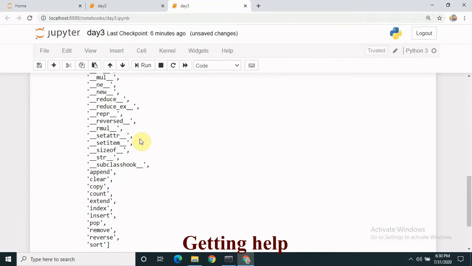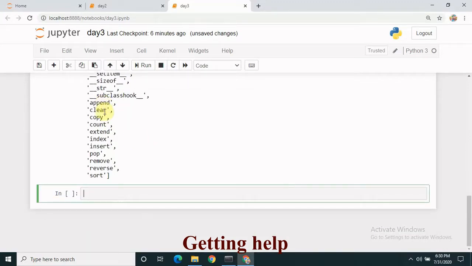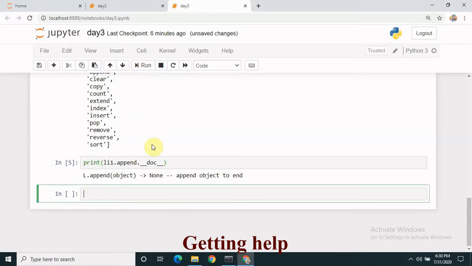Now the next question is how to figure out what these functions do. Well, that's pretty simple. Consider this function append. So just write it and notice. It takes an object as an argument and adds it to the end of the list.